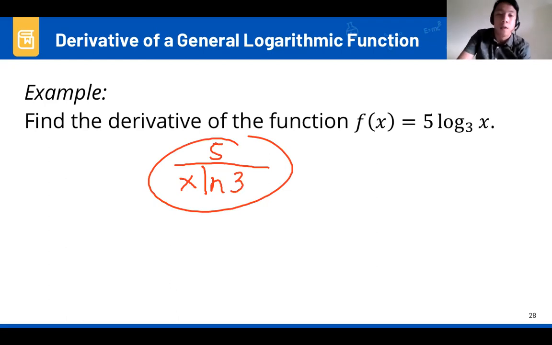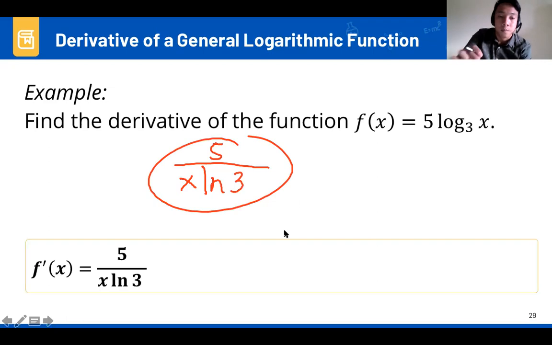Let's see if you're correct. Okay, we are now correct. Now, let us try this one using the multiplication rule. They are the same. That's because we have here 5 and then log 3x. Okay, let's try. 5, which is f, multiplied by,